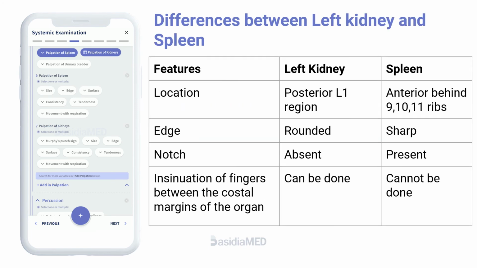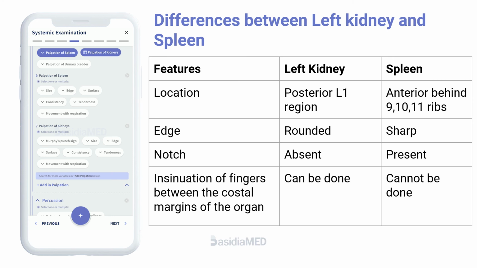Differences between the left kidney and spleen. The left kidney is located posteriorly, in the L1 region, whereas the spleen is located anteriorly, behind the 9th, 10th, and 11th ribs. The edge of a kidney is rounded, and that of the spleen is sharp. The spleen has a notch in its anterior surface, while a kidney does not. You can insinuate your fingers between the costal margin and the left kidney,